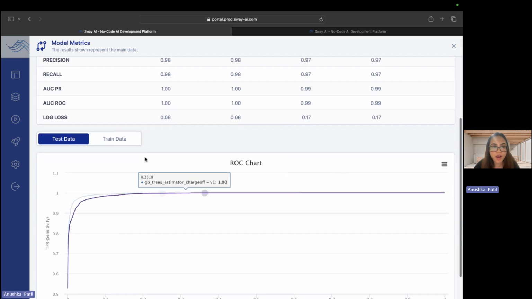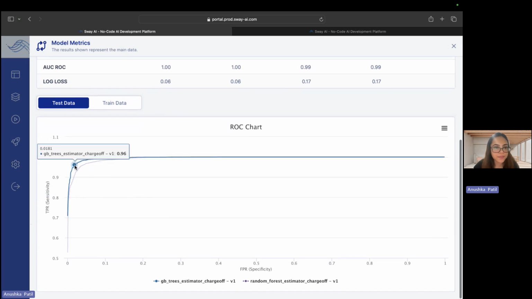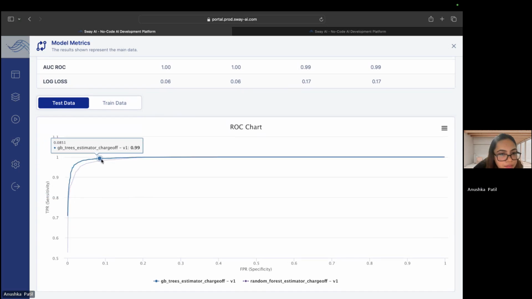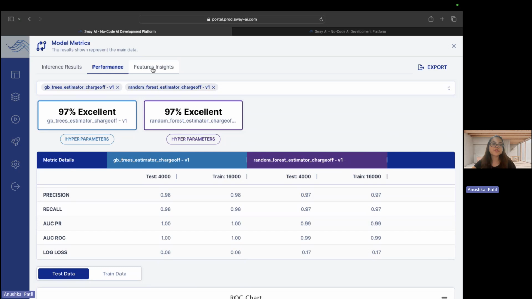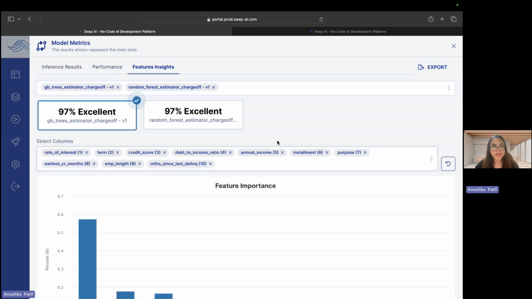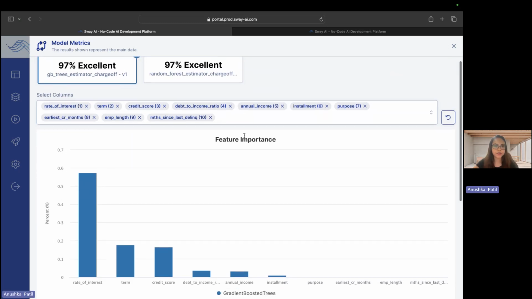We can also see an ROC chart. Ideally, it should be close to 1 here. So for GB trees, it's closer to 1 than it is for the random forest estimator. Also, both of these models are tree-based models, so they give some weight for each of the features or each of the columns that were included in training